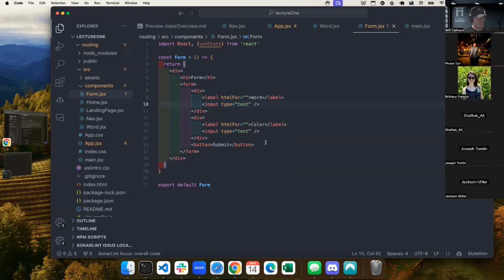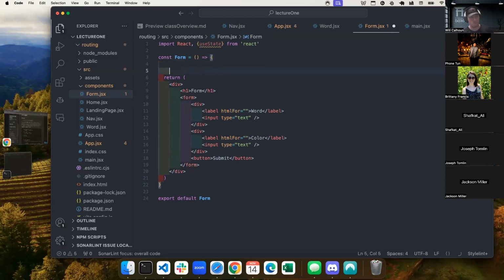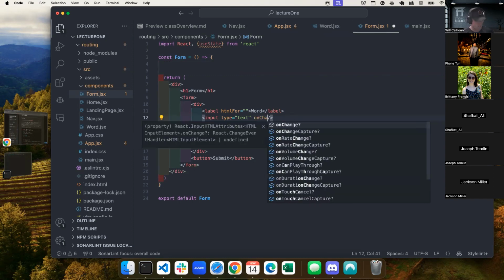I've got my form. How do we grab the information from a form? This is kind of going back to week 2/week 1. If I have this information, I want to update and I want to use state to do that. How would I capture the information being typed? What's a way that I could do that? Yeah, exactly, Brittany. I could use an onChange, right? Where do I put my onChange? Does it go in the input for each? It does. So I can say onChange.